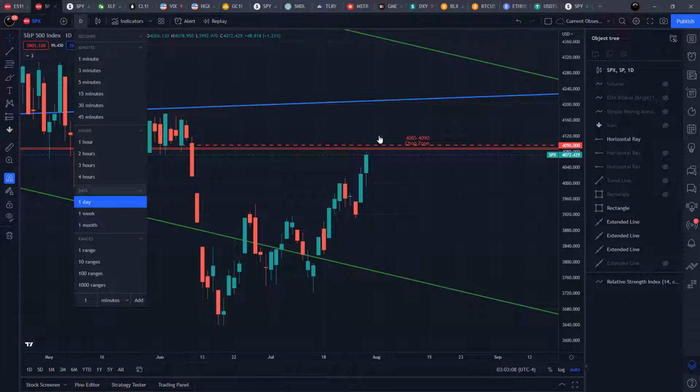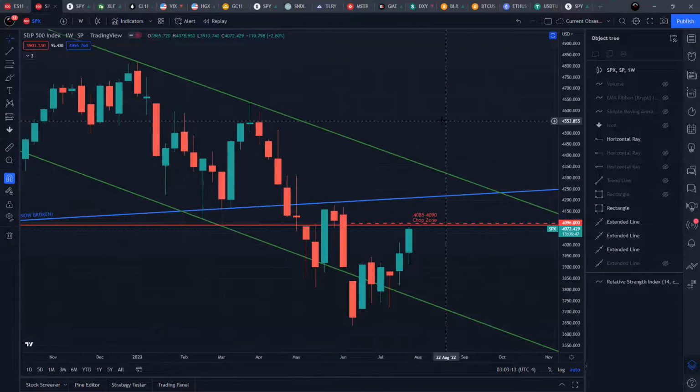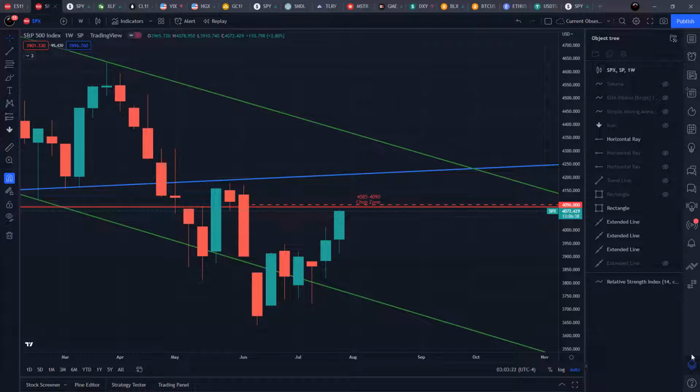Now, if I go out to the bigger time frame, you'll notice again, it's going to be an area for me to watch. I want to see how it reacts. Moving on, I'm going to turn on